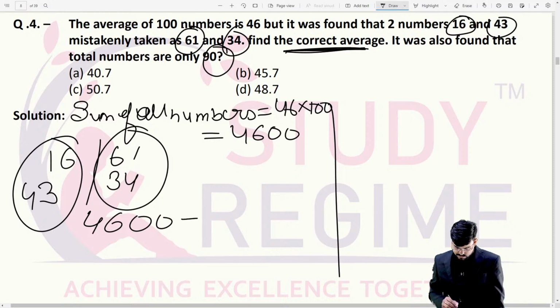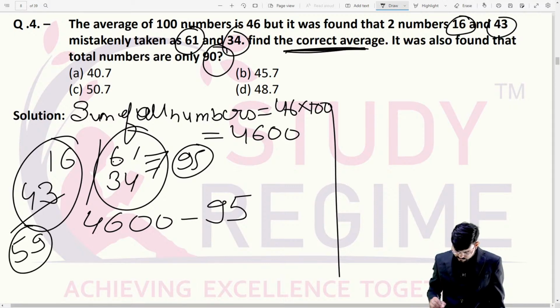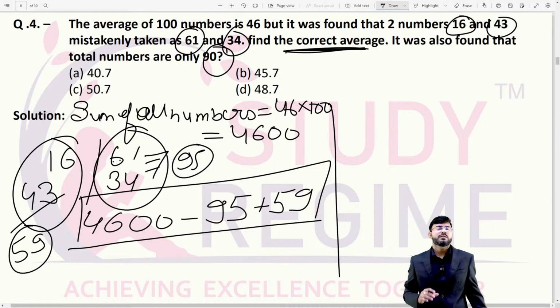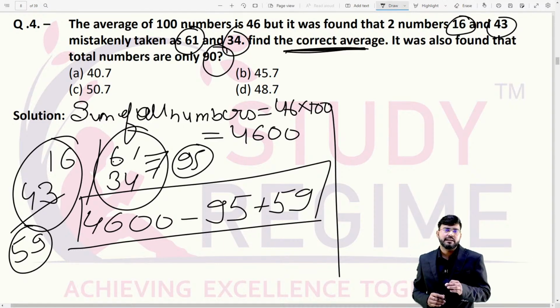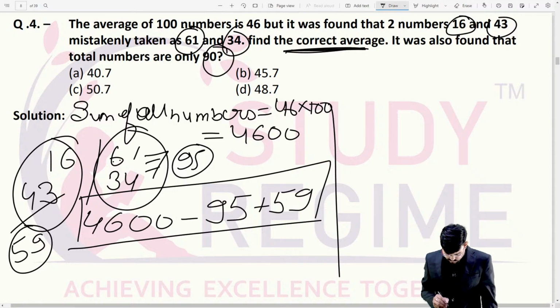Subtract the wrong ones. So what are the wrong numbers? They were mistakenly taken as 61 and 34. If you add, you will get 95. So I will subtract the wrong one and add the correct one, 59. Clear? Clear about this or not? The sum of all the observations is 4600 and I have removed the wrong ones and added the correct ones. So after solving I will get